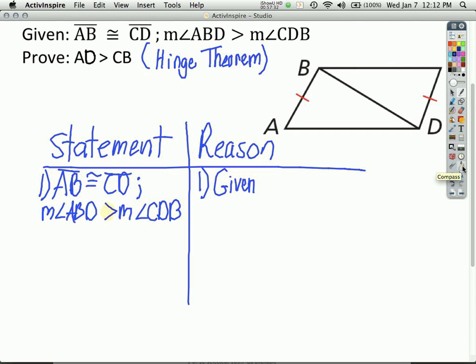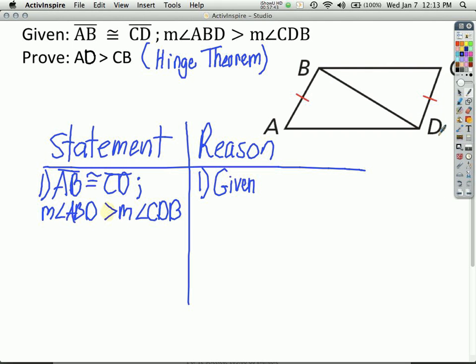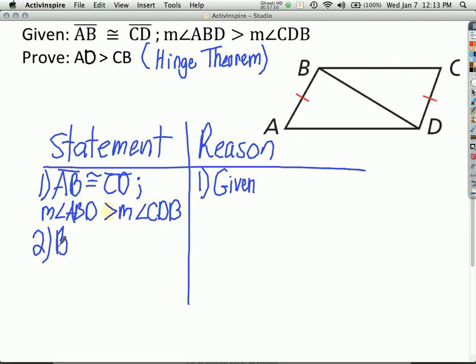Okay. Say that again, I'm sorry. BD is congruent to BD. Oh, okay. So that's not listed yet. So you're saying that this is congruent to itself based on what? The reflexive property. Okay, so now he's just gathered a new piece of evidence that BD is congruent to BD